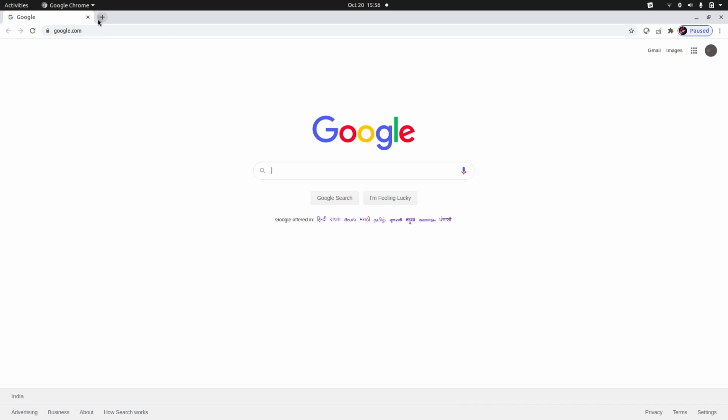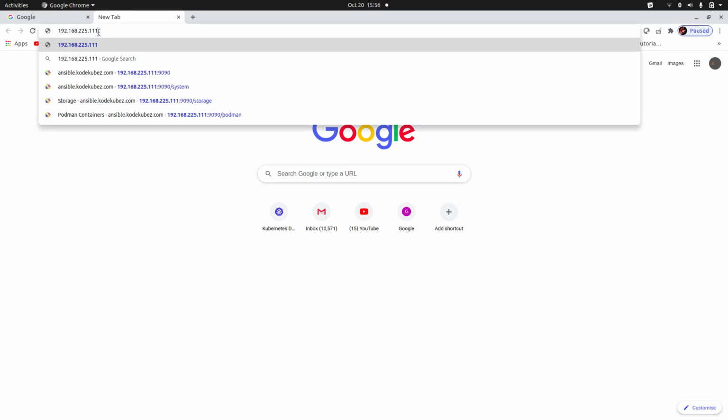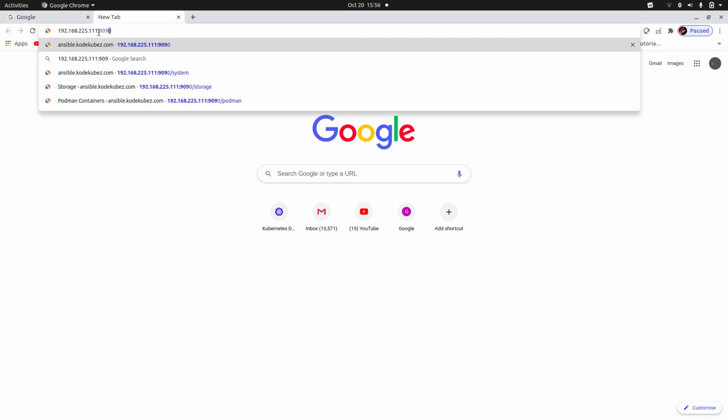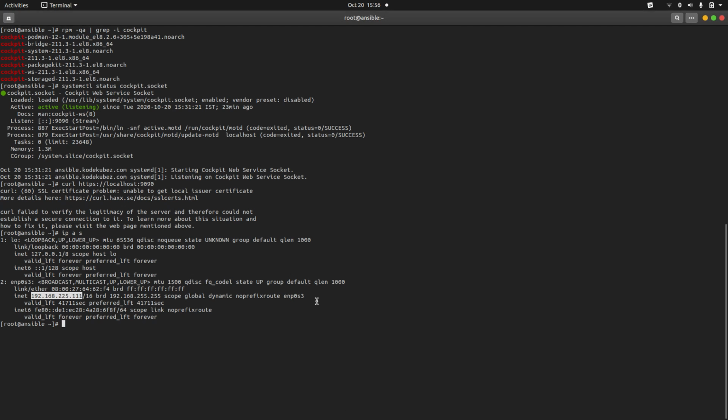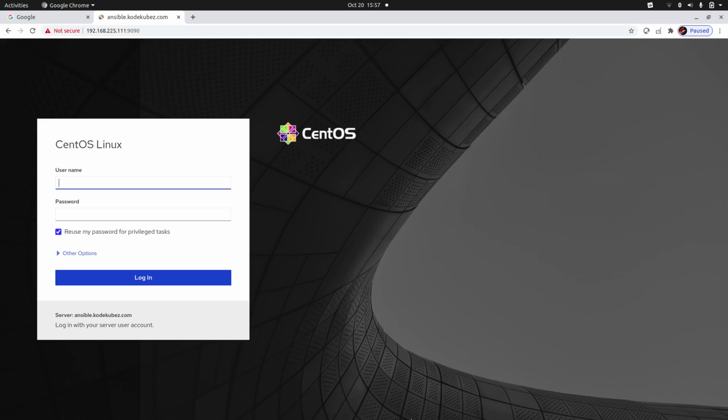Let's go to the web page, colon 9090. Alright, we got the web interface here. Now we will do one thing: reset the password. We have reset the root password. Here we will give Ansible, comma,